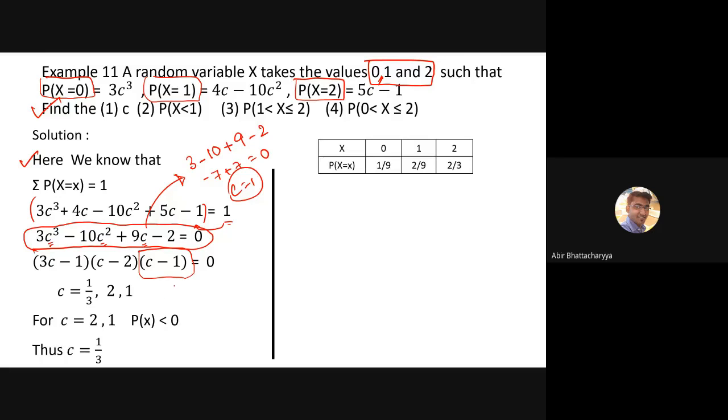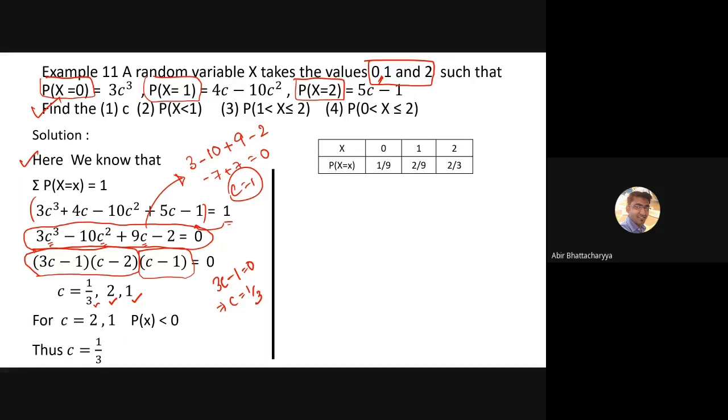Once I get the factor c minus 1, the next thing is that I will do synthetic division, or normal regular algebraic division of this equation by c minus 1. If I divide, I will get 3c minus 1 times c minus 2. So these are the three factors. Once I get these, I get c equals 1, c equals 2, or c equals 1 by 3. From where does this 1 by 3 come? 3c minus 1 equals 0, that means c equals 1 by 3. So once I get these three values, now I will check each and every value.